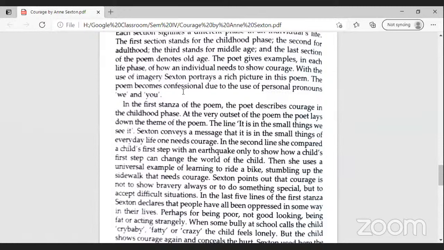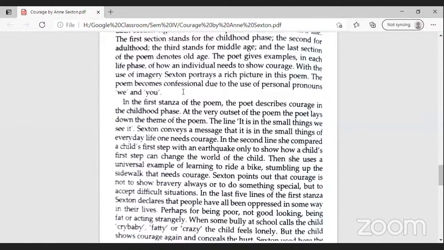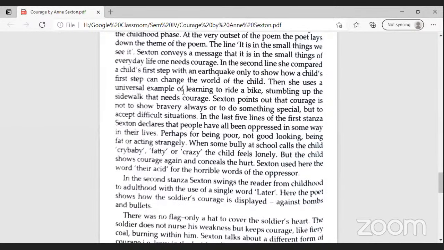The line, "It is in the small things we see it." Sexton conveys a message that it is in the small things of everyday life one needs courage. In the second line, she compared a child's first step with an earthquake, only to show how a child's first step can change the world of the child. Then she uses universal example of learning to ride a bike, stumbling up the sidewalk that needs courage. Sexton points out that courage is not to show bravery always or to do something special, but to accept difficult